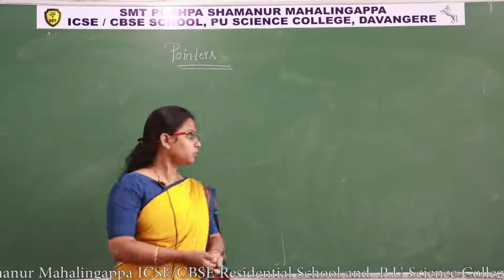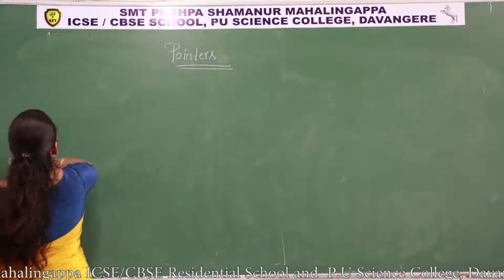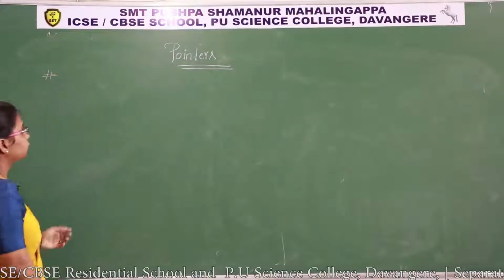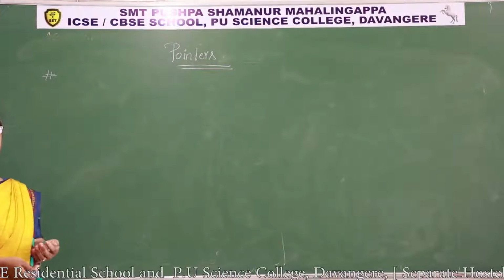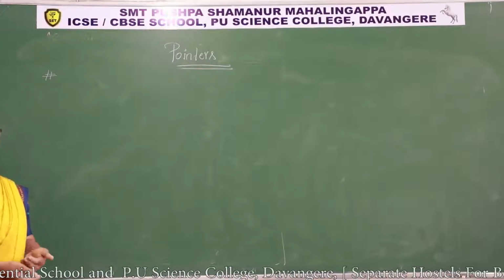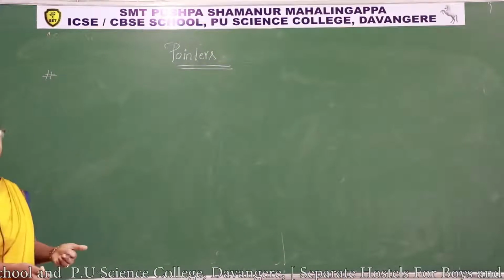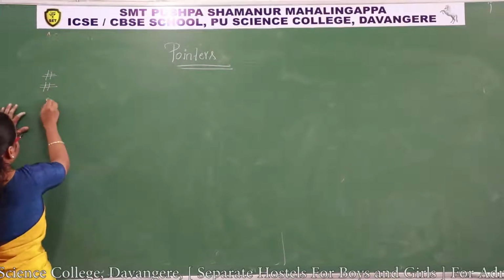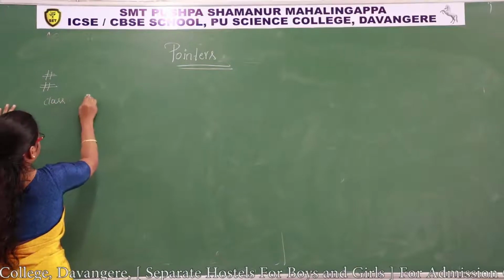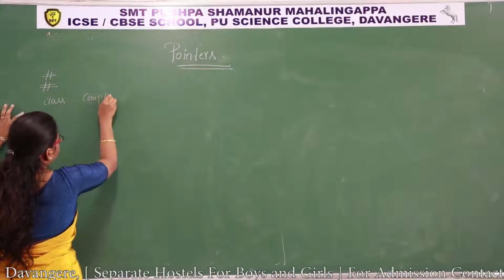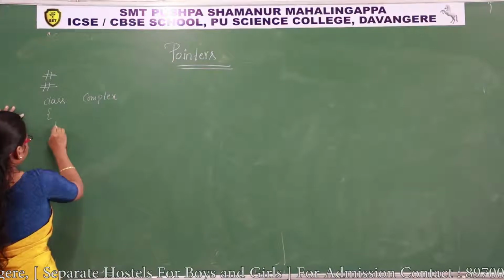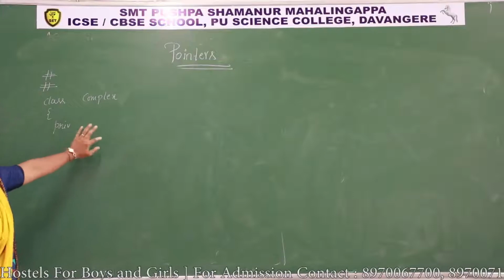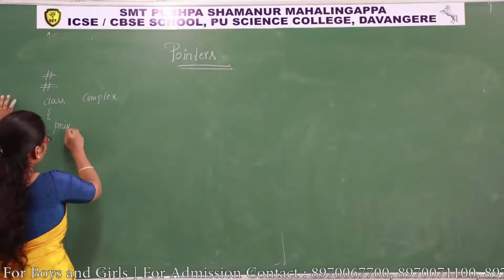Okay. Now let us recall that program first so that it will be easy for you to understand how objects are returned as a function return value by using this pointer. Include iostream, conio.h, class complex. Directly I'll write the program. I won't give much explanation about this because we already discussed it in the class and objects chapter.